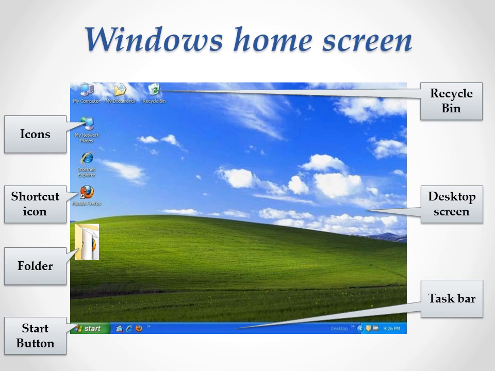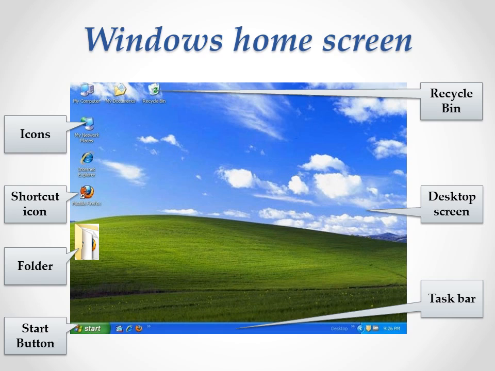And can you see another one, a shortcut, where a small arrow is there on the icon? Do you know what a shortcut is? A shortcut icon is an icon containing a direct route to a specific application, a document or a folder, where we can just take a shortcut route. The same meaning applies here.